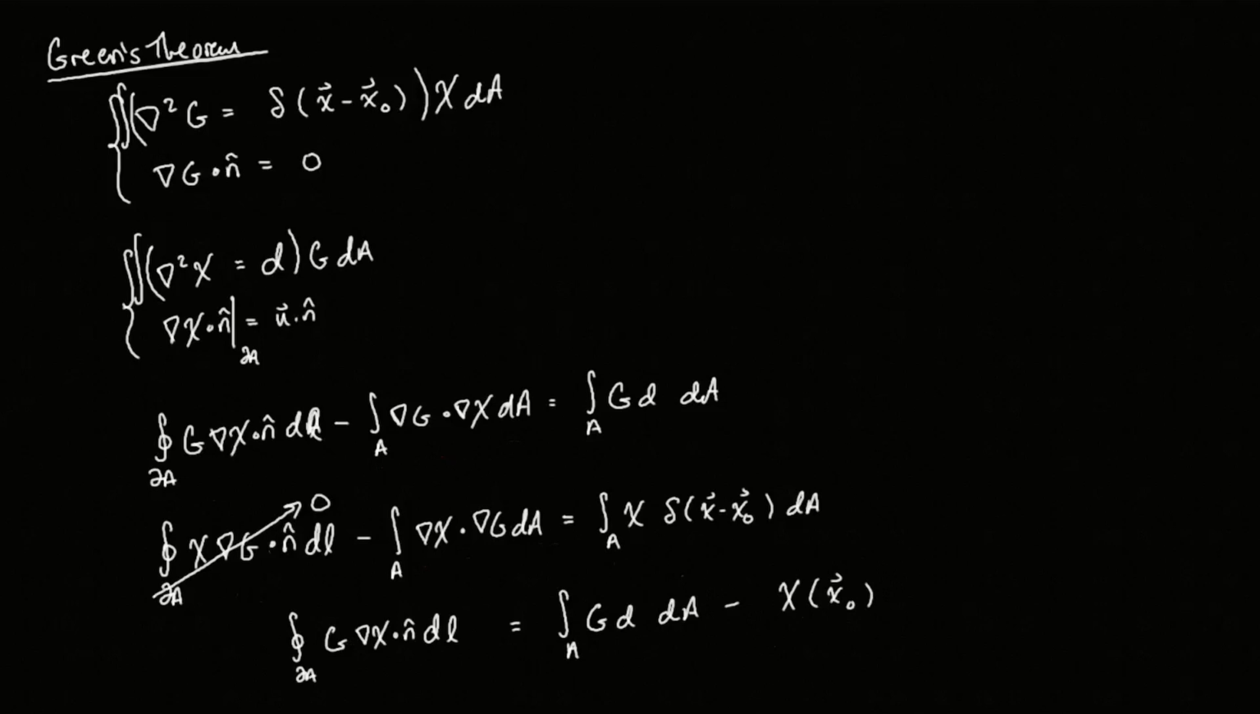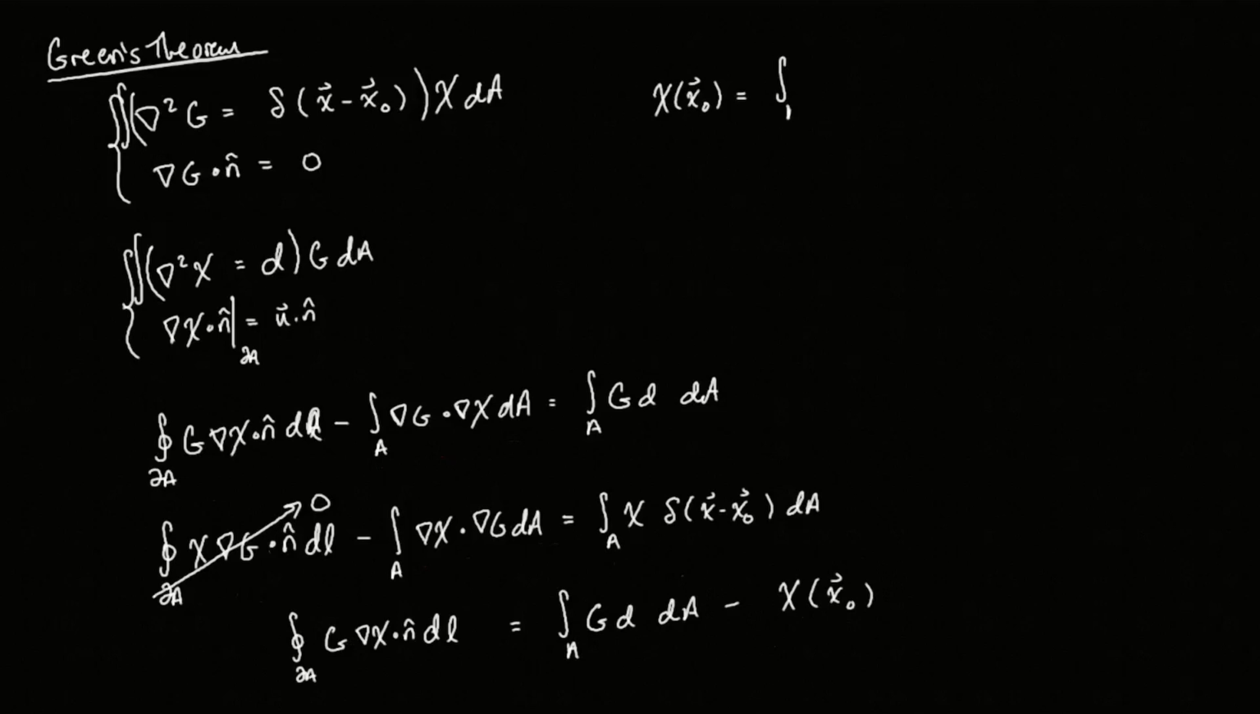Okay. So we're pretty close to having our solution here. We're going to substitute in the boundary conditions for chi. This is going to become the normal velocity. And we're going to rearrange some things. I'm going to move chi to the left and move this term to the right. So what I have is chi at the point x naught is going to be equal to